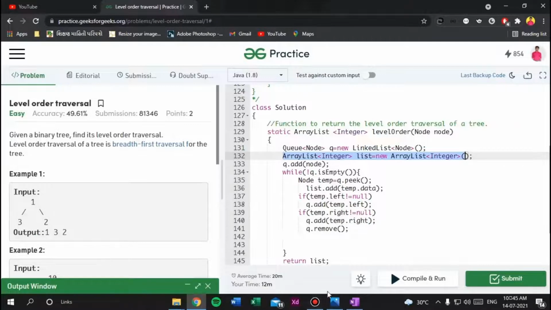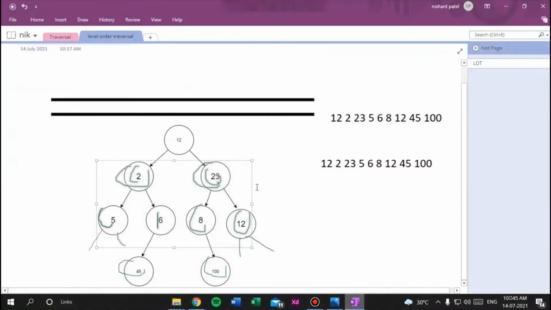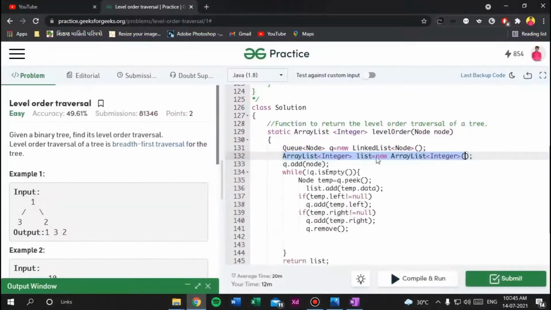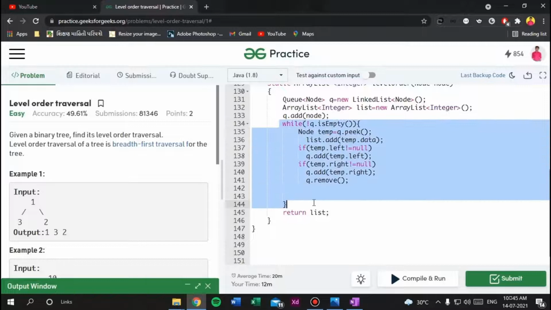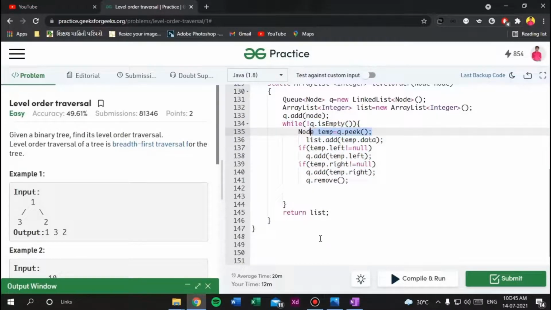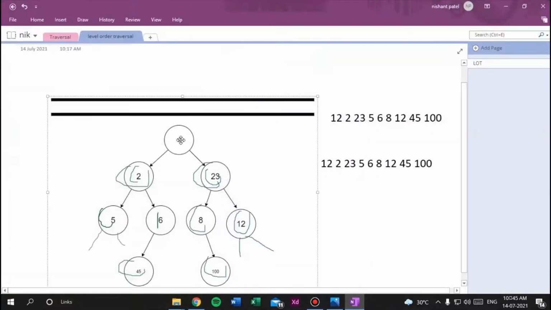And what we will first do, as I explained, is add our root node into the queue. So we will add the root, which is passed in the input. Then we will continue our process until the queue is empty. First we will remove our first element, 12.